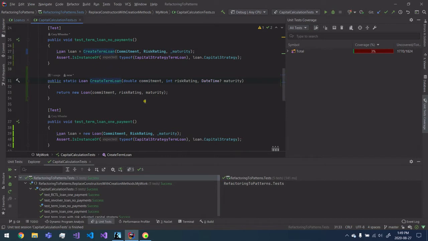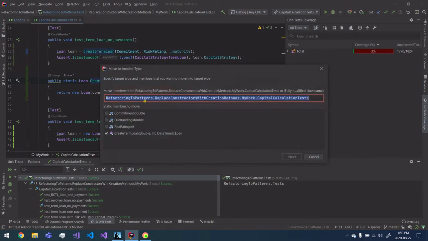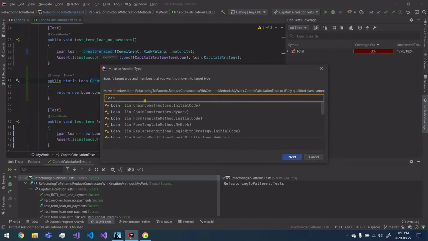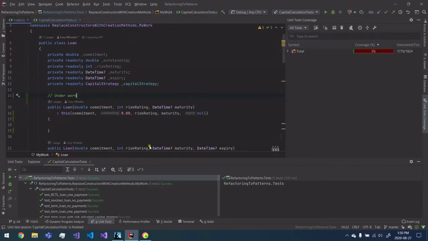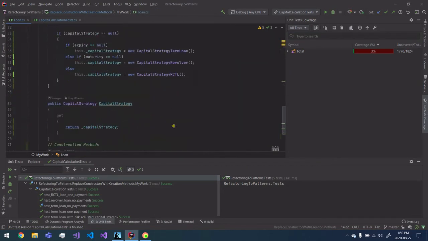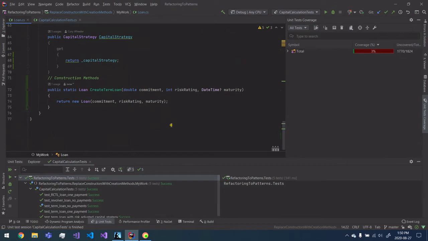And we are ready to move the method. Here it is. We can see that